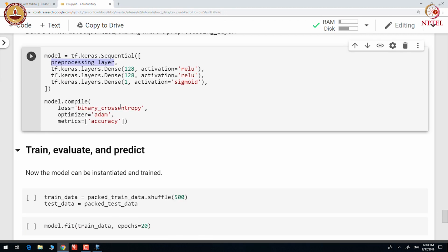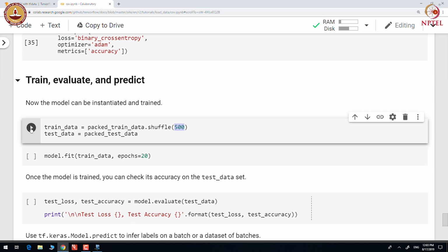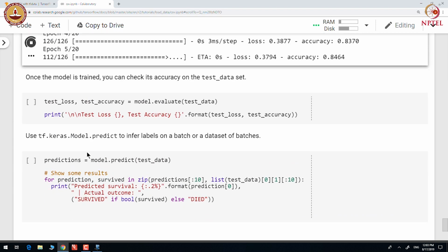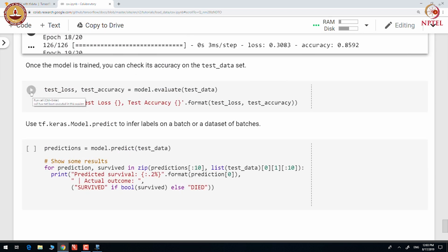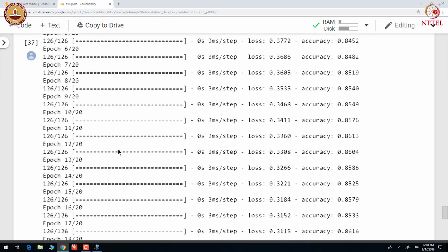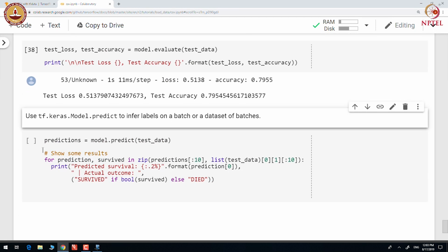Let us check out how we do shuffling and batching. So, we can simply call a shuffle transformation on the training data by specifying the buffer size. And then as usual, you can evaluate the model on the test data and see the accuracy.